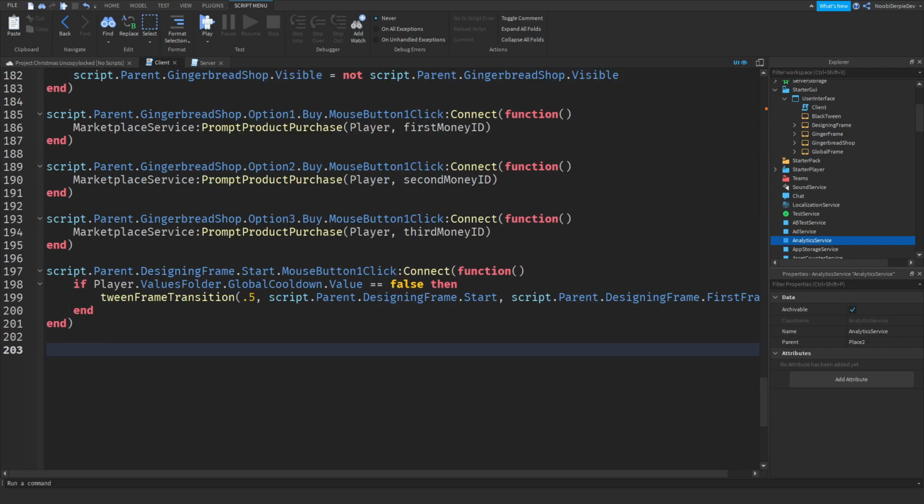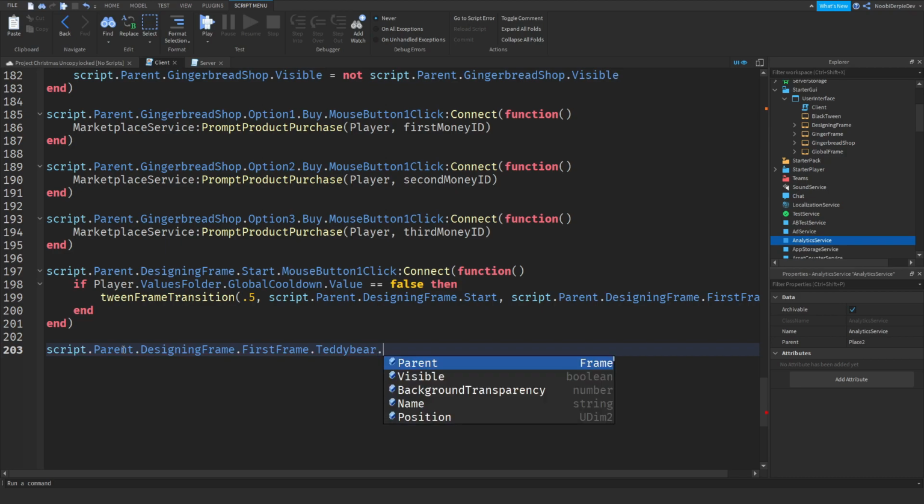Now, we need to do the purchasing. Again, the purchasing is a lot of copy and pasting. So script.Parent.DesigningFrame.FirstFrame.Teddybear. We're going to be making the teddy bear purchasable. So script.Parent.DesigningFrame.Teddybear.Purchase